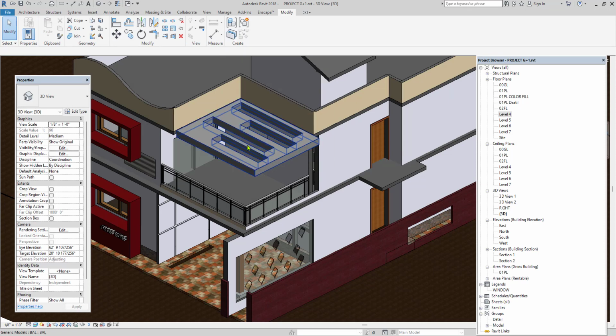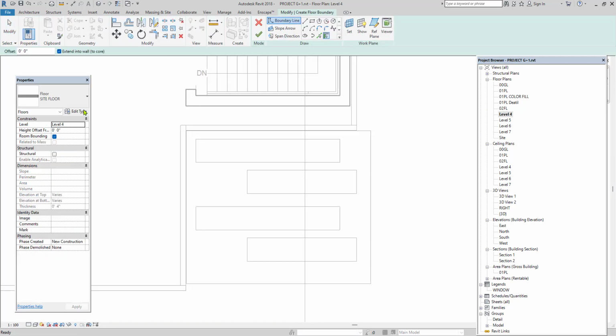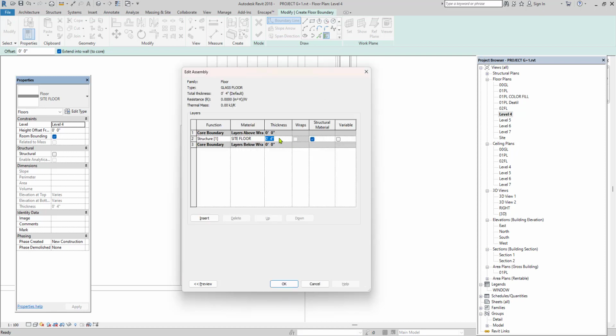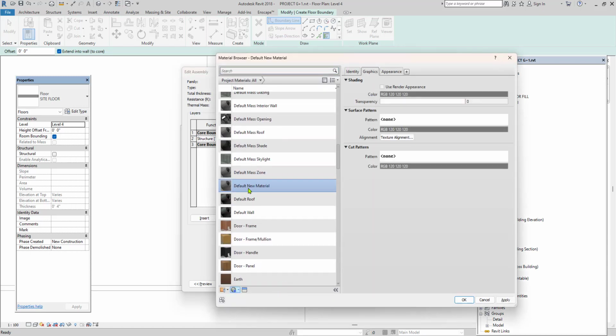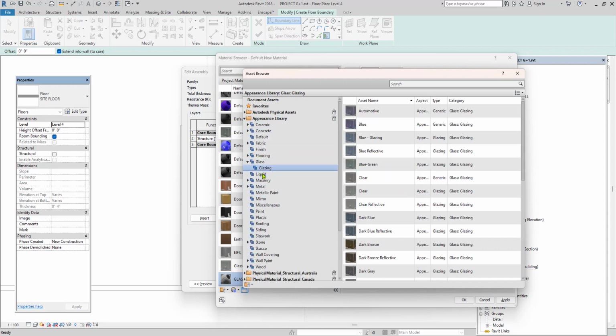And once created, if you want to add the glass, then again I go to the particular level. Now floor architectural, edit, duplicate, you can say glass floor. You can give the thickness, that is about 6 inch or 4 inch thickness, or in mm I want to give 5 mm or 6 mm glass thickness. And then create a new material, rename it, glass floor, asset browser, appearance library, glass category, and glazing.